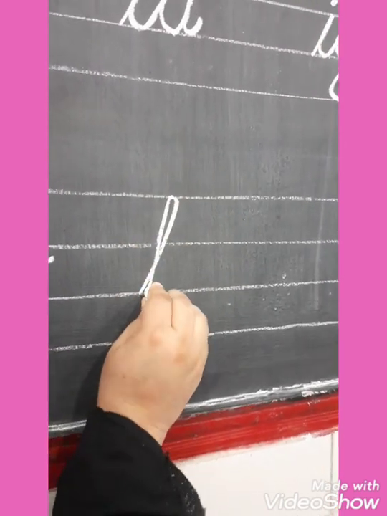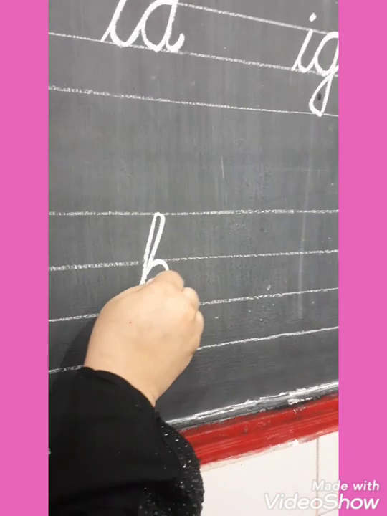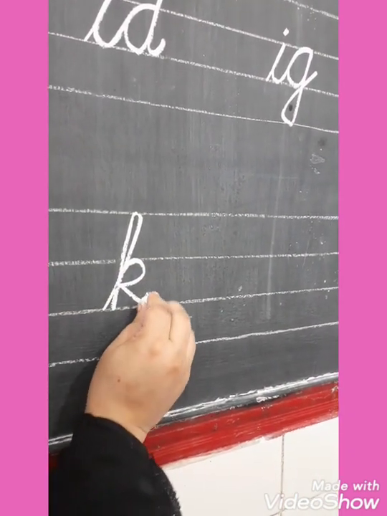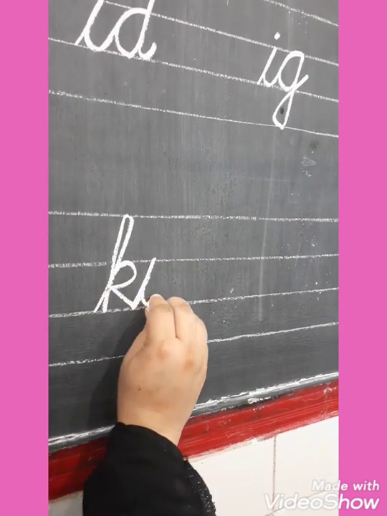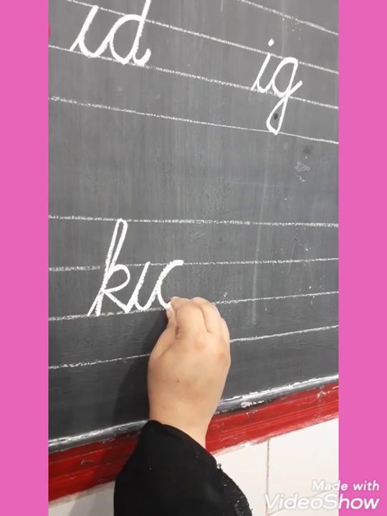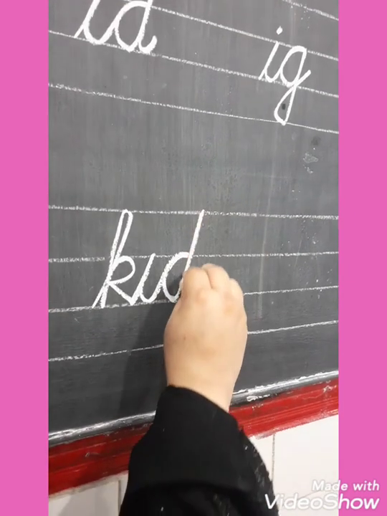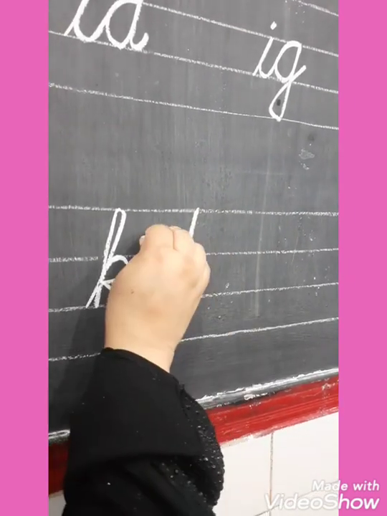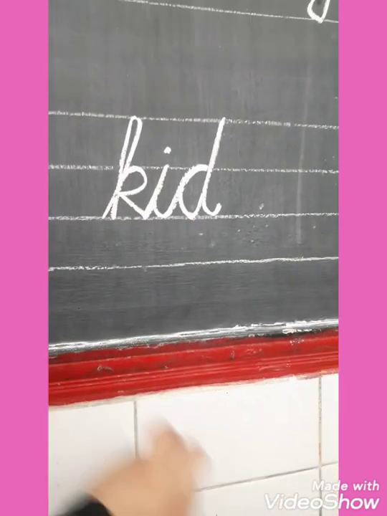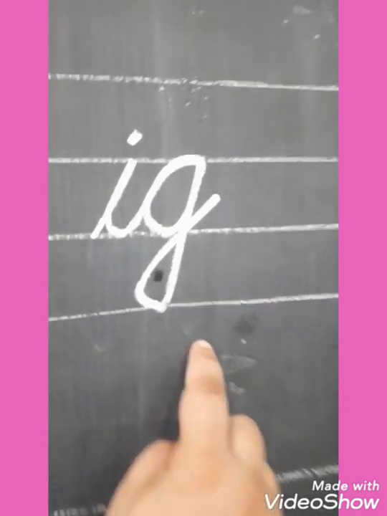Come down. So go up from here. Round your pencil and leave it. From here you have to write down I, E. And go up. Move from here and make your D. Go up, touch, come down and leave it still. In the end you have to put the dot. K, E, D, kid. Your next sound is ig. Ig sounds ig.